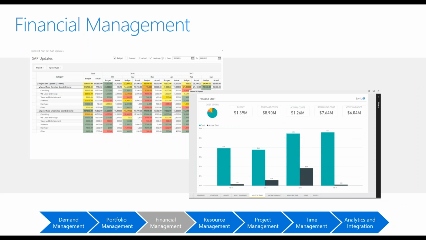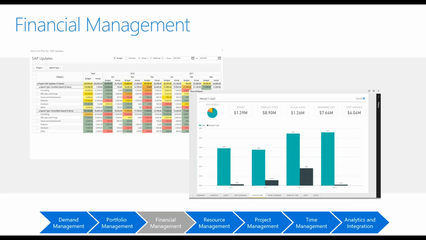And then on the financial management side of things, being able to enter in budgets down to the level of granularity of cost categories that make the most sense for you, and then be able to track actuals against those and even revise forecasts or potentially even track or project the benefits that are realized from the project that may be tracked to the business case you used to originally justify the project. And then some graphics or charting that summarize this information on what our planned versus actual expenditures are, or revised forecasted planned expenditures may be.